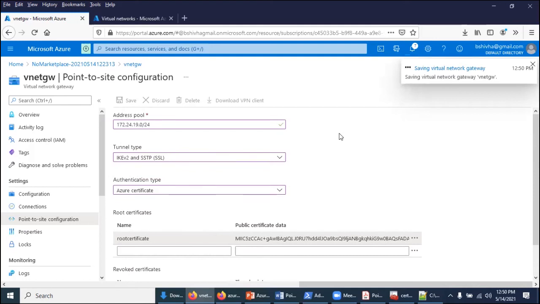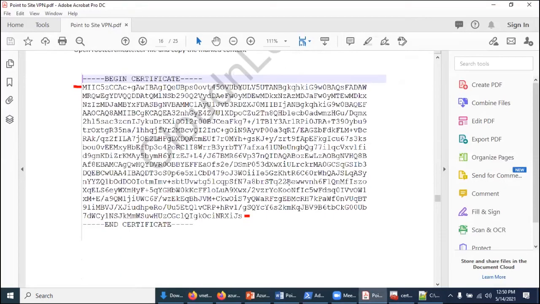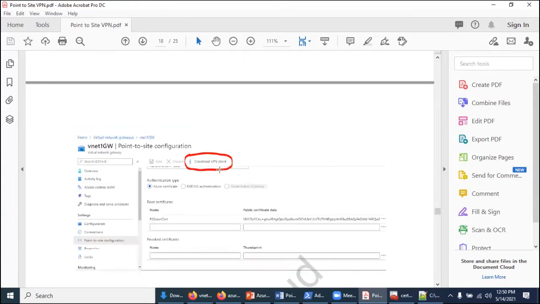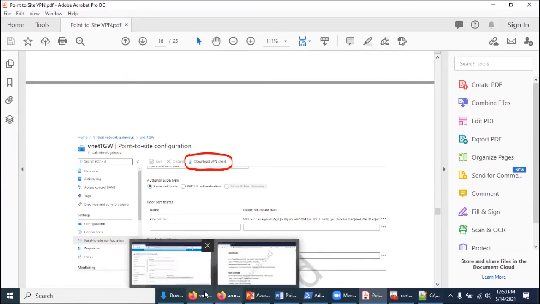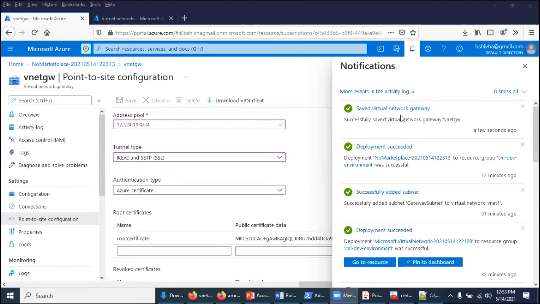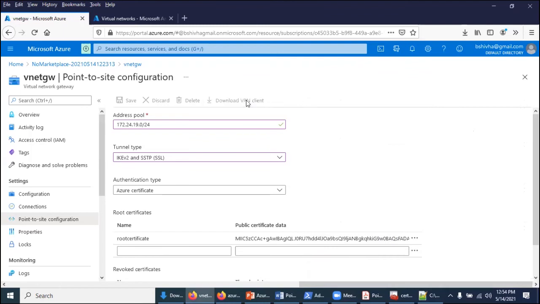Wait for some time. So once it's saved, come down. So there is a download VPN client, correct? So now the changes got saved. So what we'll do is we will download the VPN client.